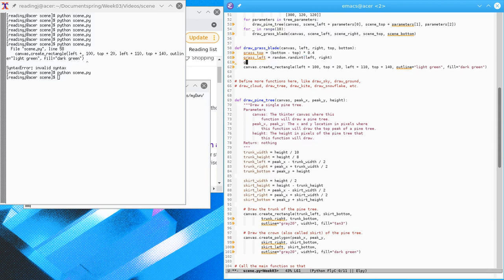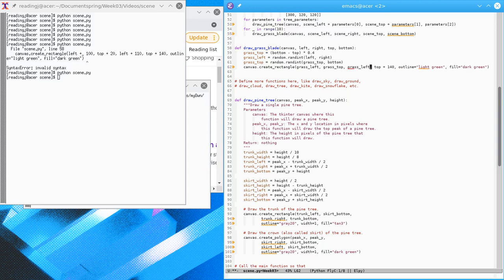And then I can say grass top equals random dot randint grass top, bottom, and now I can say grass left, grass top,